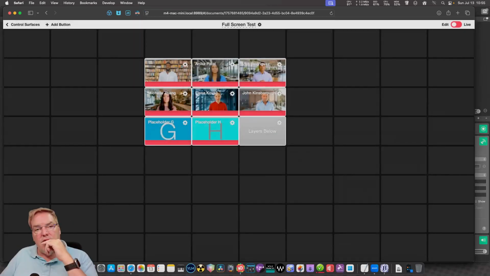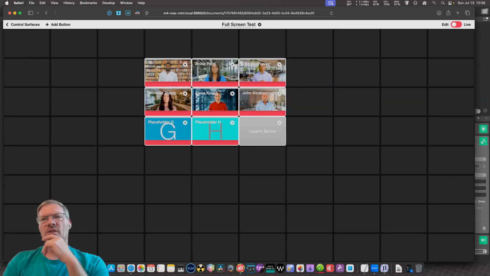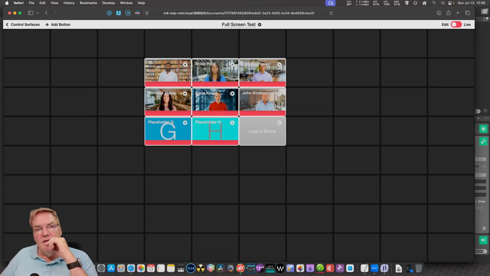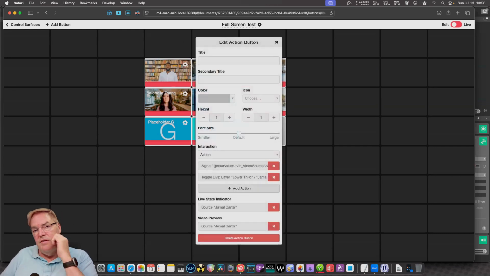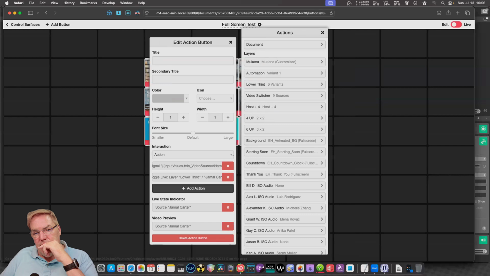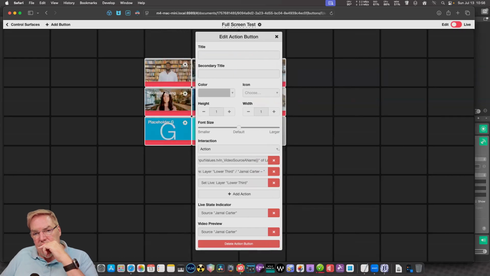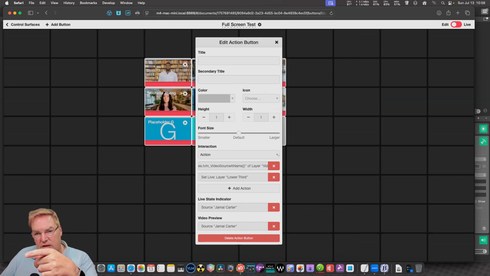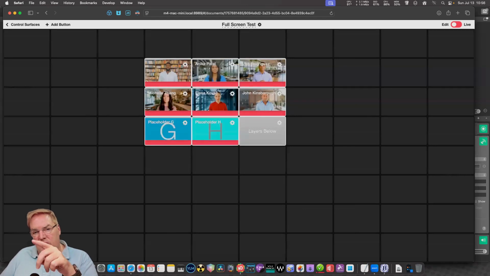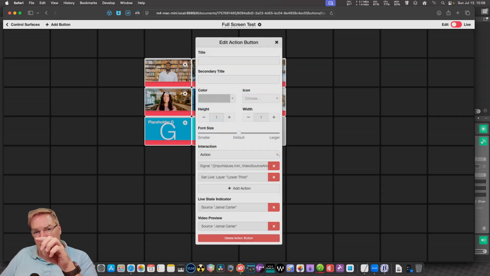Is this correct? I think if you do set live, it doesn't. Oh yeah, toggle maybe means it will switch it off. So just try set live and assign them at least two of them. So we set live and then remove the one that's above that. So we don't need that. And we want to have a third action, which is actually set live for the